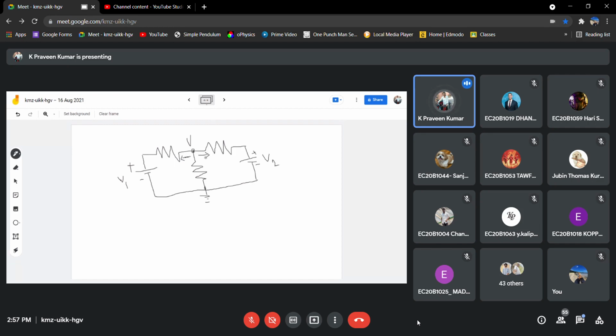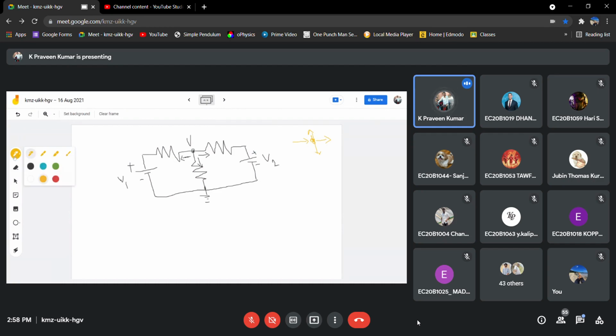I'm assuming all are leaving currents. Or one may assume one entering current and the remaining all leaving currents. Or otherwise all leaving or all entering currents. That is up to you.